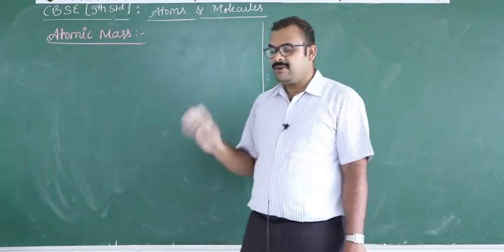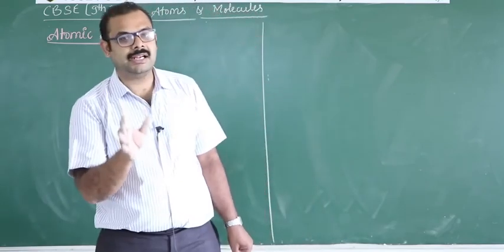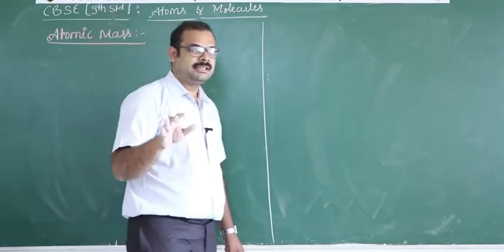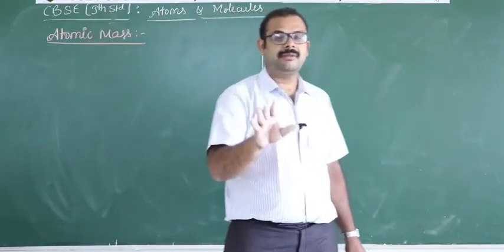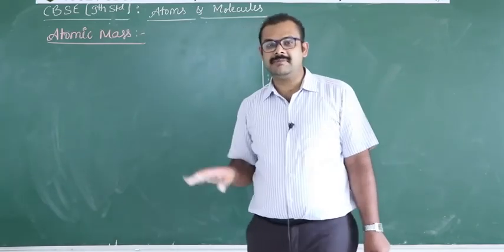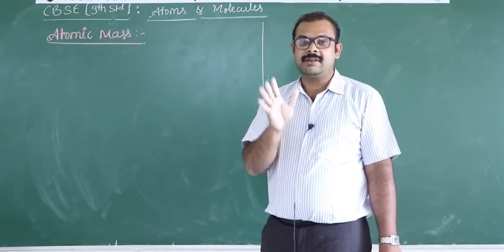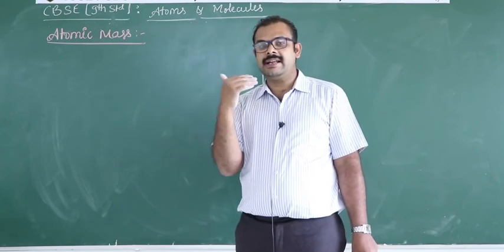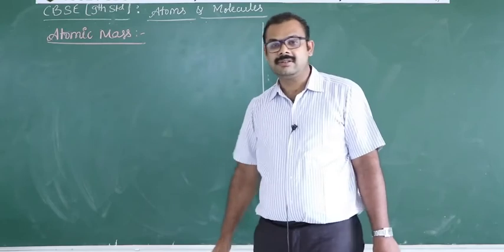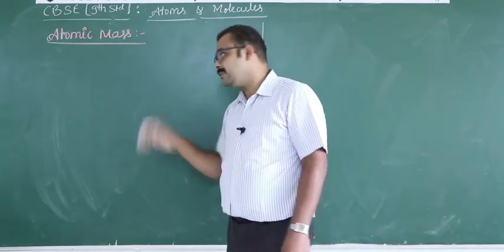Like that, even while calculating the mass of an atom, we have one particular standard mass. While searching the elements, scientists came to know that hydrogen is the best element, because it is the lightest element of all the elements. That's why they chose hydrogen as a standard mass. So if you want to calculate the mass of any element, we have to compare it with the mass of hydrogen. In this way, they were calculating atomic mass.